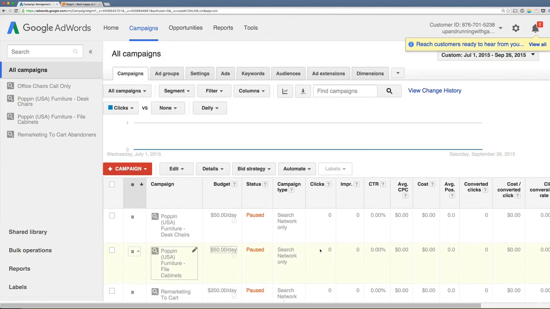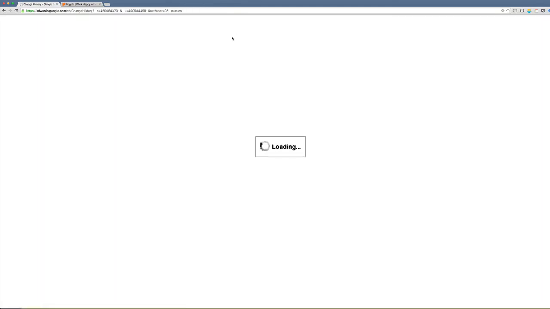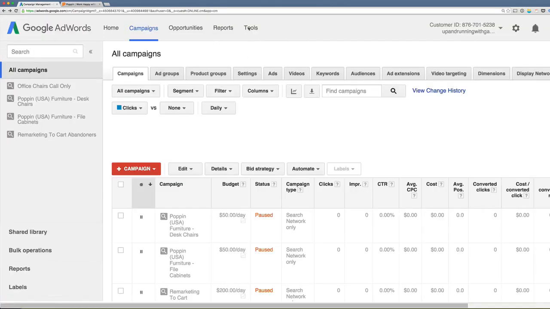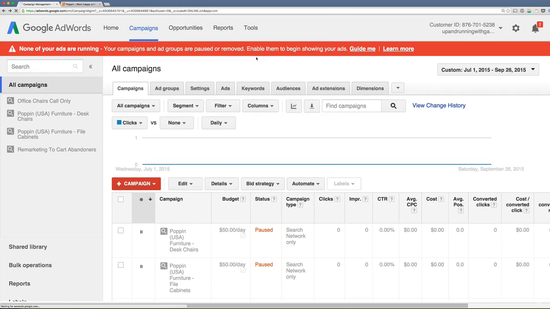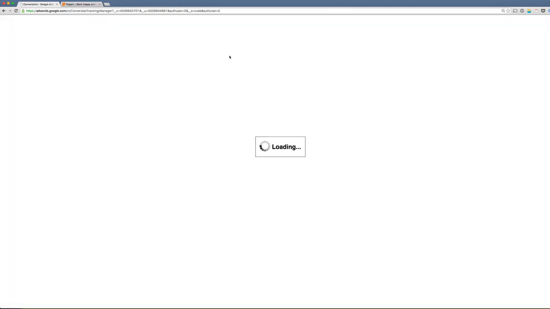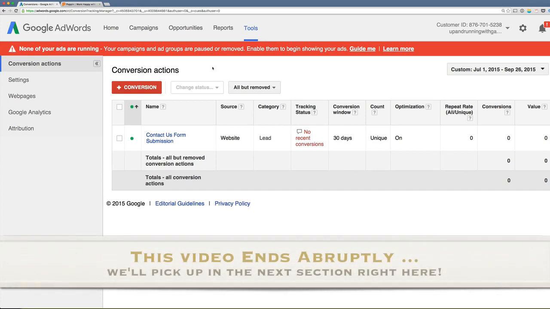To see our conversions for calls from ads, we need to go through Tools. Not to change history, let me go back. You click on Tools, then you click on Conversions. And this is the report which is going to show us all our conversions together, including calls from ads. Now, as you see, there is no calls from ads conversion that was added. We have to go ahead and add that conversion. So we hit plus conversion,